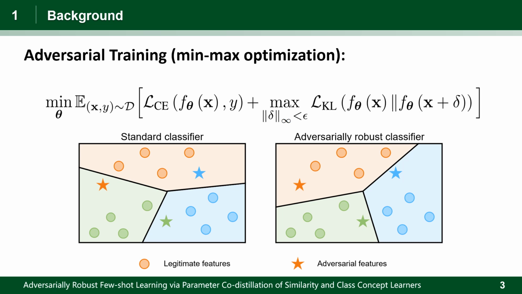Currently, adversarial training is one of the most effective defenses against adversarial examples. In the context of classification, adversarial training aims to build a robust model that not only accurately classifies clean samples, but also withstands adversarial perturbations. This is typically achieved by solving a minimax optimization. However, adversarial training often requires extensive data, limiting its practical application, especially in few-shot cases, and this paper addresses adversarial robustness in such data-constrained scenarios.